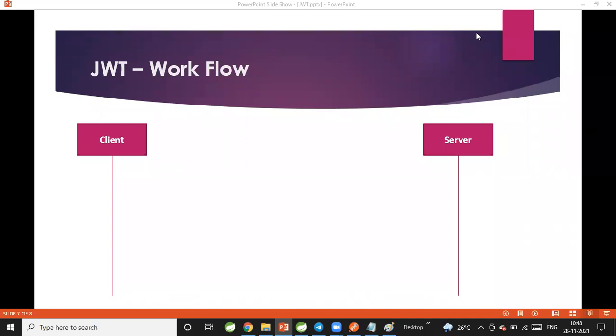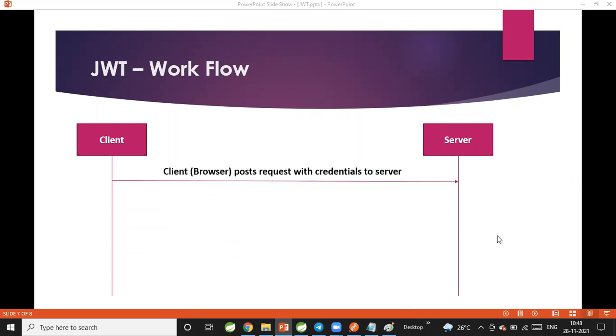Now let's assume that the client application and server application are available. I am from the server side, you are from the client side. I will give you some credentials. When you want to access our application, you first need to send me the credentials I have given you. So the client will send a request with login credentials, authentication credentials, to the server.